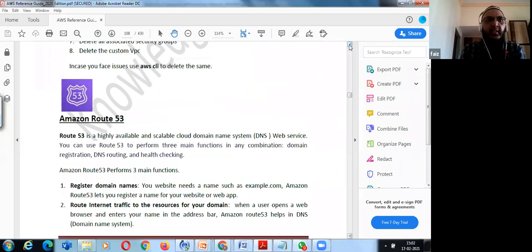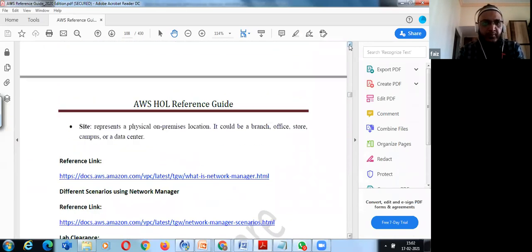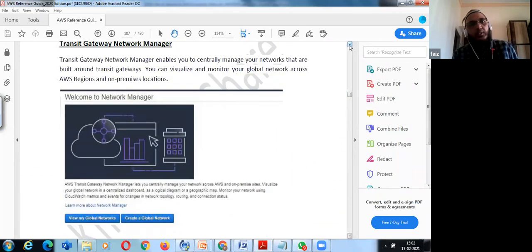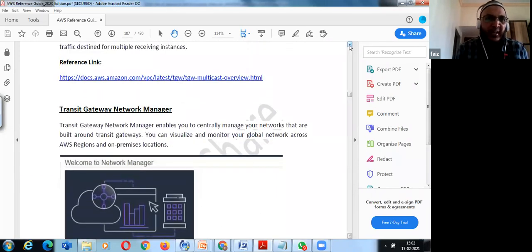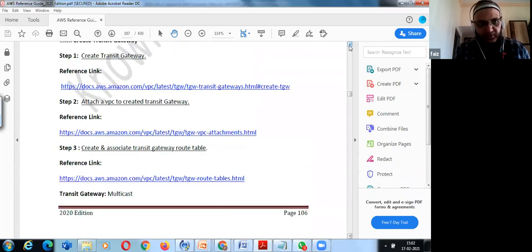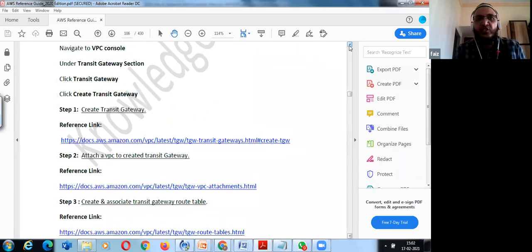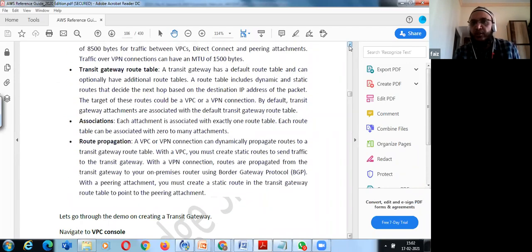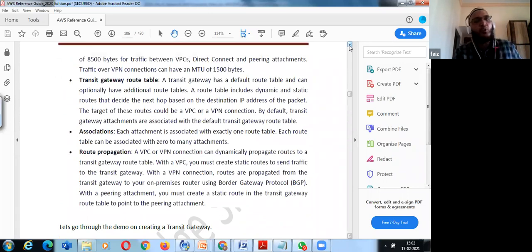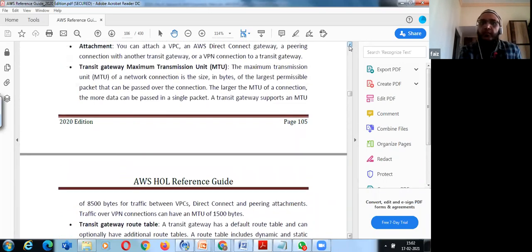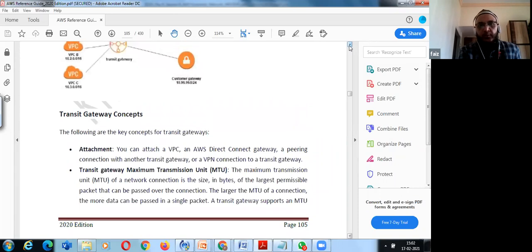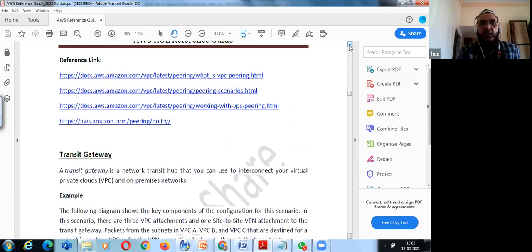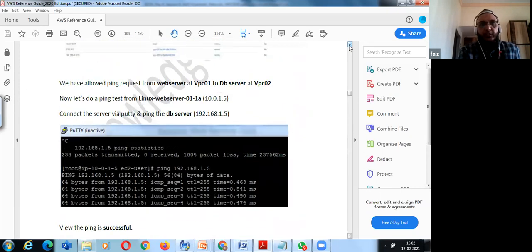Yesterday I already told you to do some configurations. Whatever assignments you do are self-paced, but the more you practice, the more hands-on experience you get on AWS. AWS is not a small thing. Even Microsoft Azure, the cloud, is not a small thing. It's a vast ocean, and we have to go step by step. Everything, like the Transit Gateway that I talked about, is mentioned in my book.